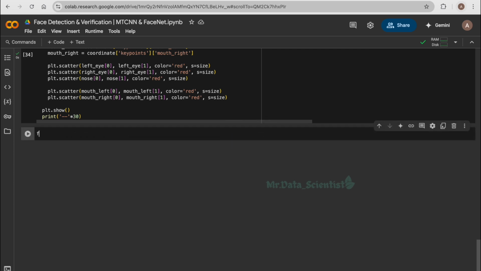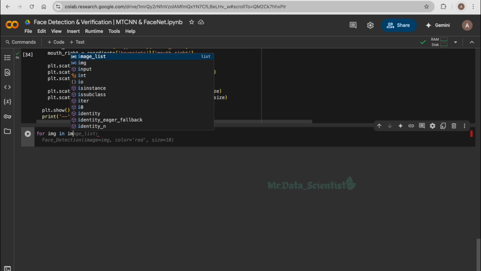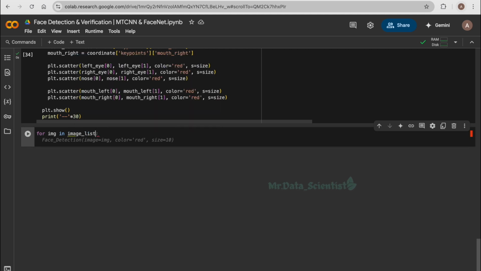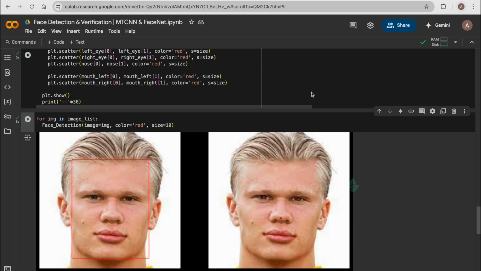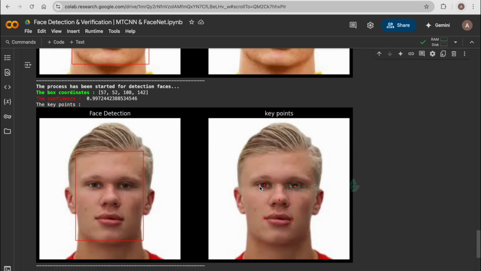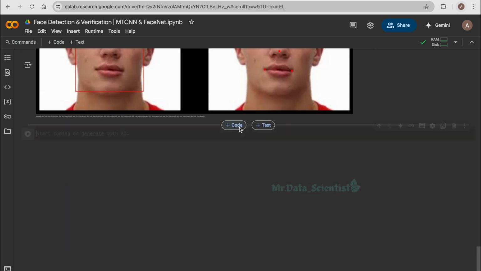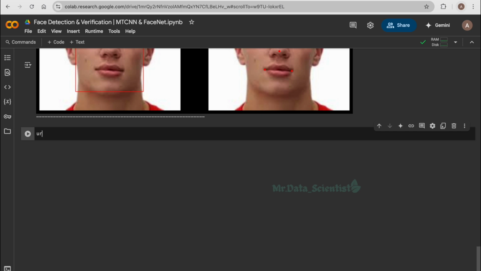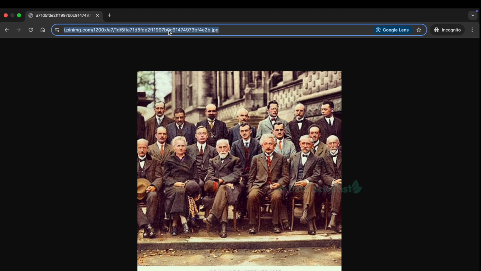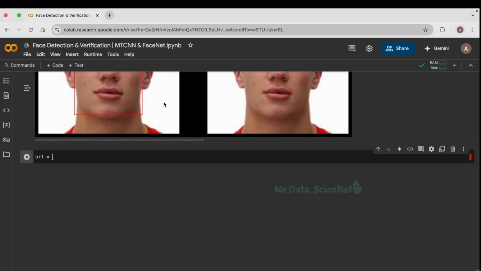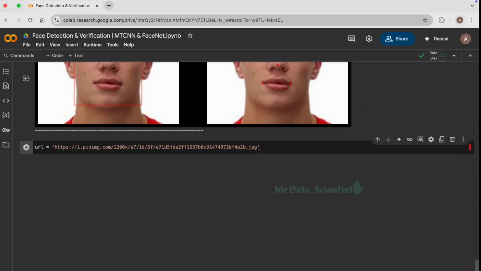Now create a loop to run the above function for IMG in image list. Face detection is an image IMG. And see those boxes and dots? That's MTCNN finding faces. Let's try a URL too. I'm loading an image from the web, typing the URL here,